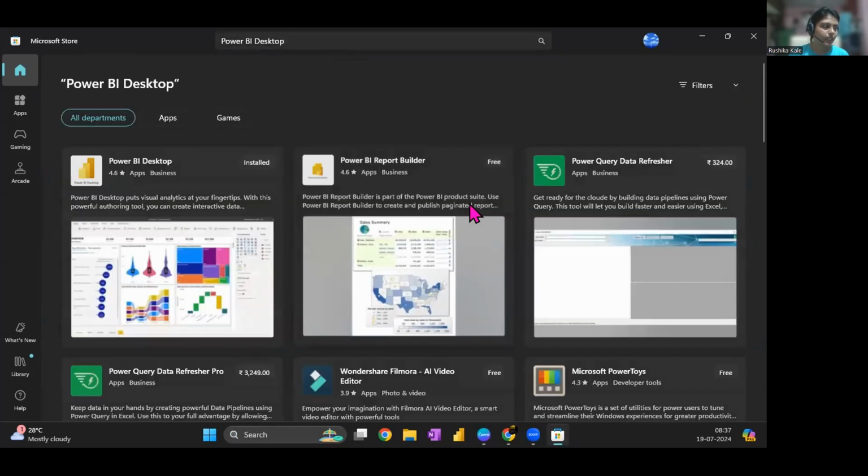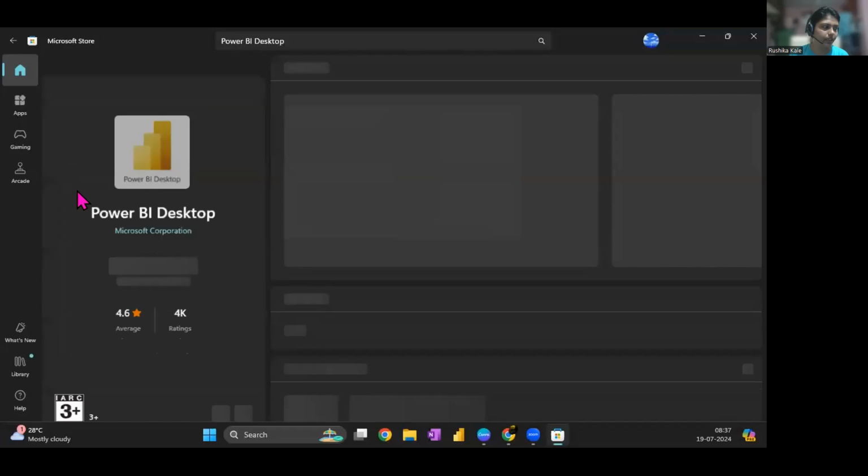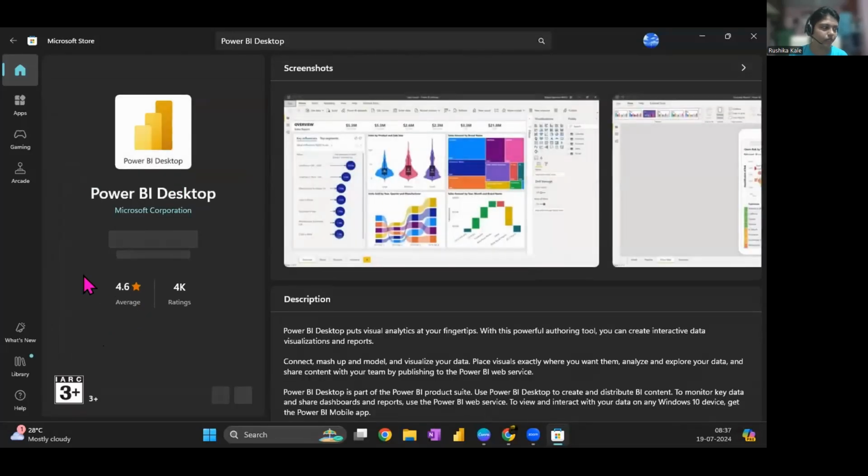Okay. And here you will find the very first option with 4.6 ratings. You will see there is this software that we have to install. On my system, I have installed it from this place only, so that's why it says open. But for you, it might say Get. Like you have not installed it yet, so that's why it might show just the word Get to you.